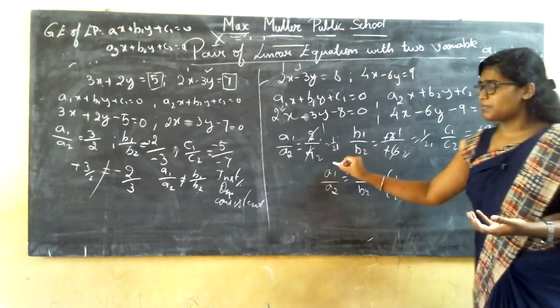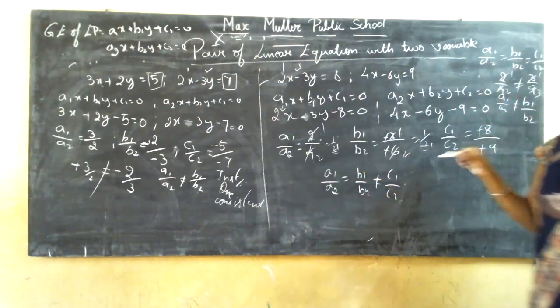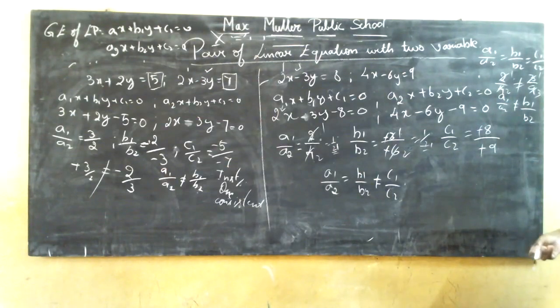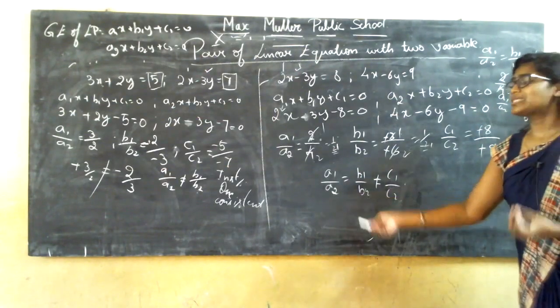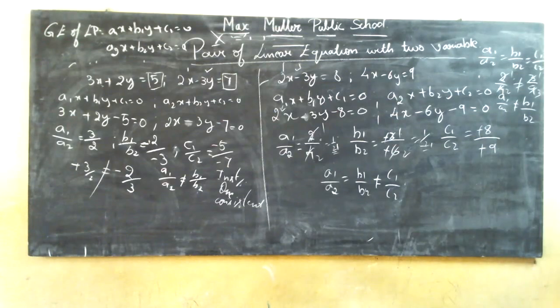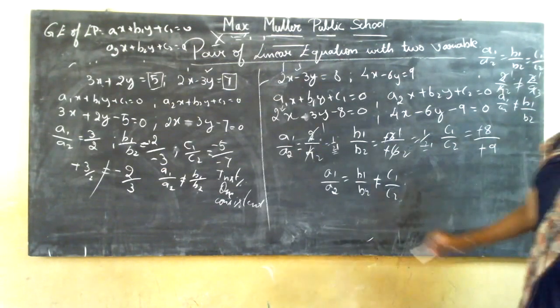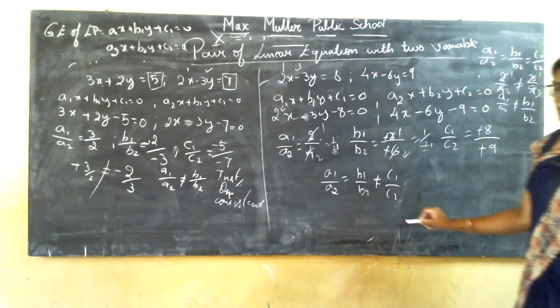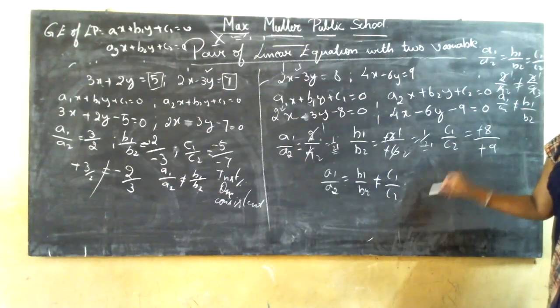But here, if I simplify the ratios, whatever the simplified ratio I get, it is equal. Okay, so see whether the simplified ratio is also equal, then only simplify and write the answer. If the simplified ratio is also not equal, then it is not necessary to simplify and write. Then what is the answer you get? That is a1 by a2 is equal to b1 by b2, but it is not equal to c1 by c2.